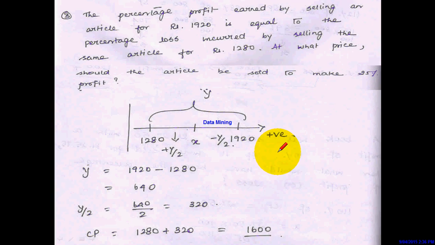See, what have they given in this problem? They have not given the cost price. Just try to understand that they have not given the cost price in this problem. So let me assume the cost price as X. But if I sold